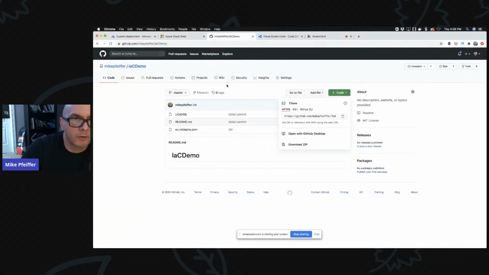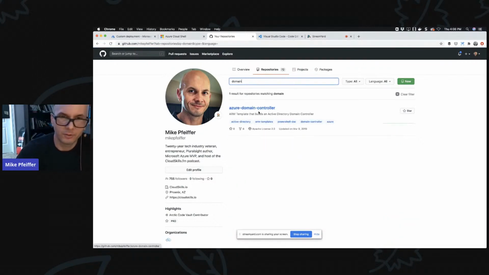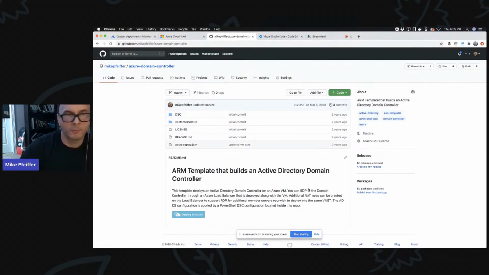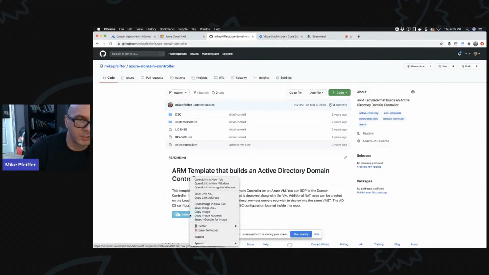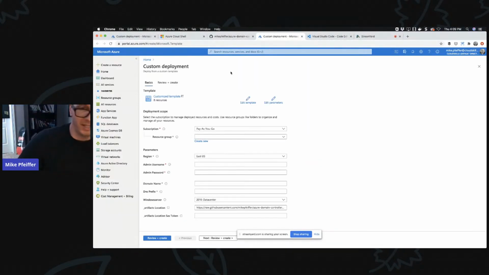Oh yeah, let me go back over to GitHub. Let me show you one that I got out here, which I was dealing with earlier this week. Main controller. So check out this repo that I got. This is actually one of the Azure Quick Start templates projects, I guess I should say. Notice that it's got a Deploy to Azure button. You may have seen this. You can wire up your own version of this, but it requires that the template be accessible publicly. Here's the idea how this works. Watch this. When I click this button, I'm just going to open it in a new tab. It redirects you into the Azure portal, and it's reading in the template, right?